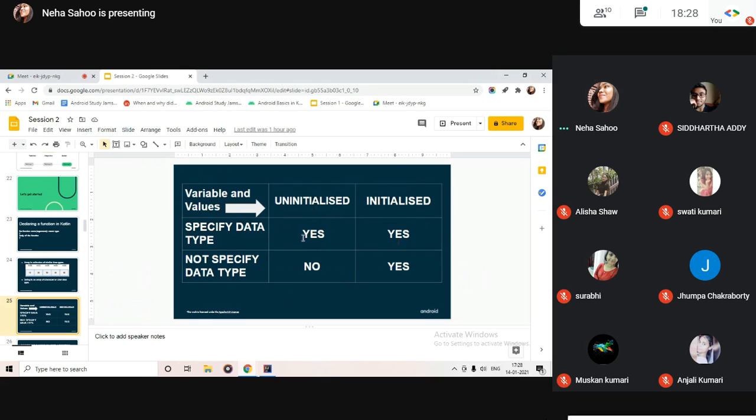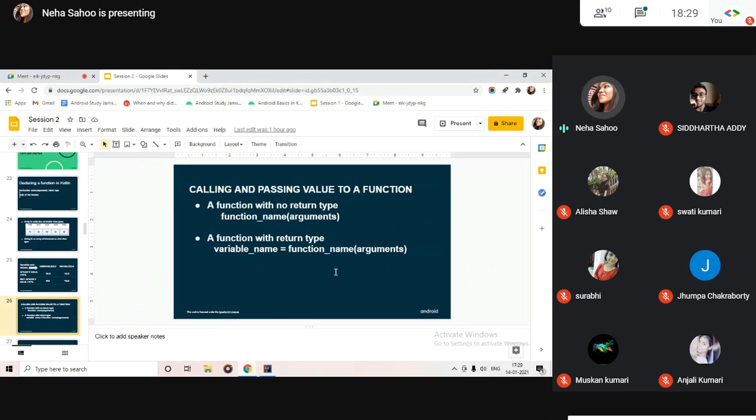If we don't specify the data type, we can do that only when it is initialized there. If we are not initializing it, we cannot do that. We don't have the choice of not initializing it. So let's move.